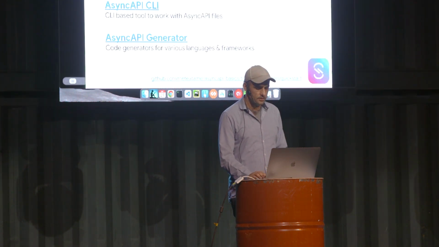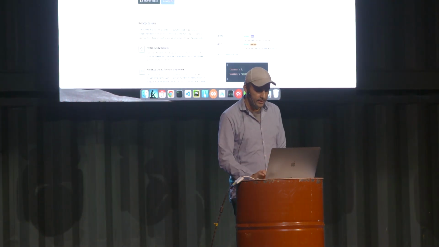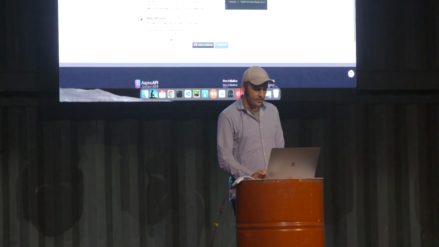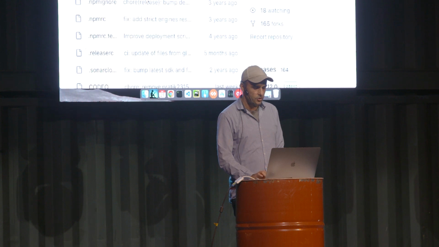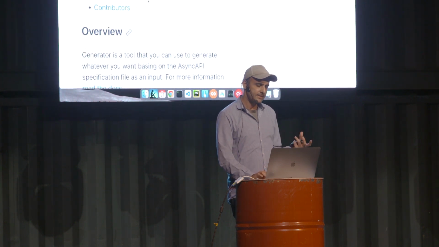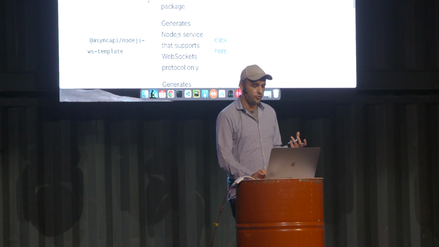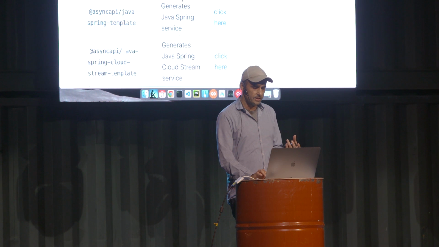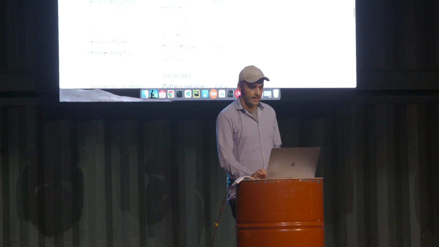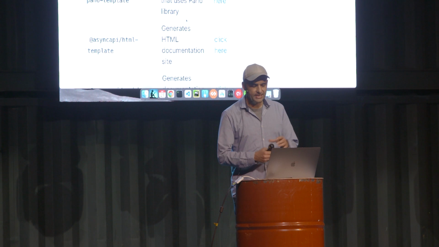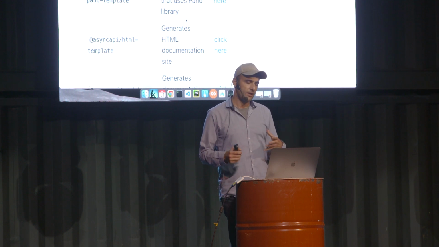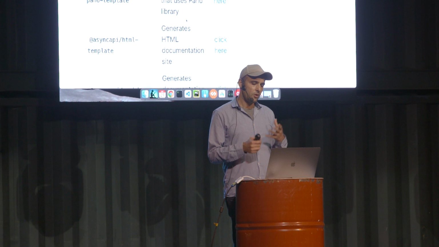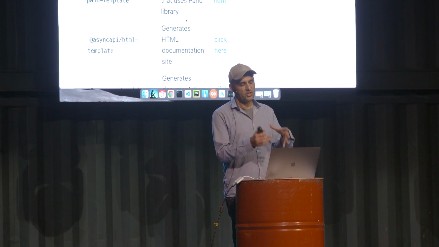All right. And then the generator, I don't think I have time to show you an example, but there is this project, let me look at it on GitHub. So you can see you can take your AsyncAPI spec and generate code from it. There's a Node.js generator. There's a Java template that uses Java JMS or Java Spring, and so on and so forth. It's a small subset that you can generate. So again, not all combinations are supported, but for a small subset of AsyncAPI, you can generate some code from it